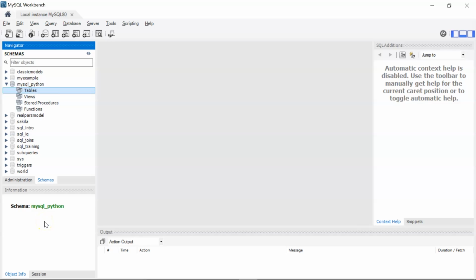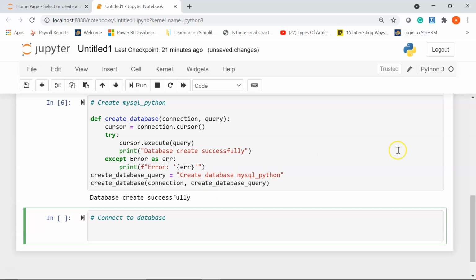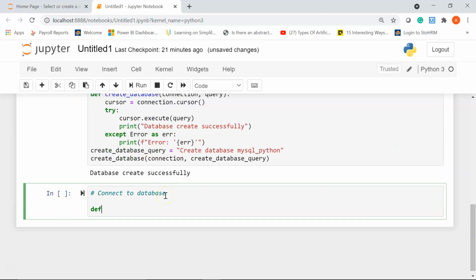The next step, we are going to connect to this database. So let's go ahead and connect to the database that we have just created. I'll write the comment as connect to database. Now to connect to our database, I'm again going to create a user defined function using the def keyword. I'll write create_db_connection, which is for database connection,